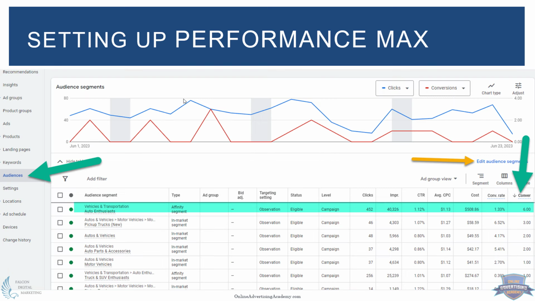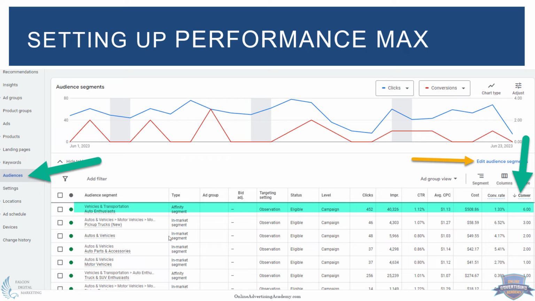If you're not familiar with that, when you go into your campaigns, even a search campaign or a display campaign. A display campaign can target the audiences too. But for example, maybe you have a highly successful search campaign or shopping campaign. You can click on audiences on the left and then edit audience segments. And you put these in for observation. So you could put 30 in there if you want. Don't bid on them. Don't do a bid adjustment. Do observation. And it'll show you how many clicks came through, what kind of click-through rate, and most importantly, how